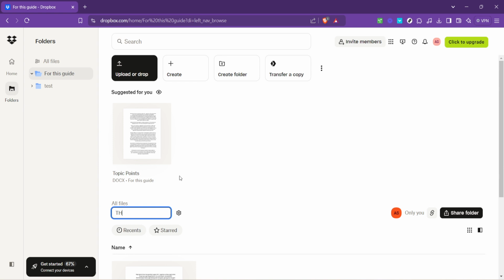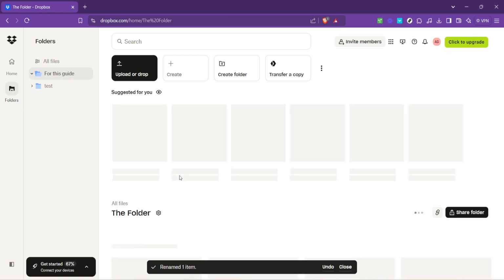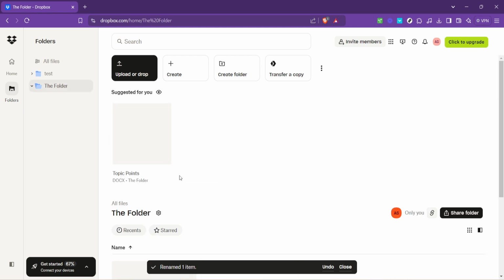This is your moment to get creative, or at least practical. Type in the new name you've chosen for your folder. This could be anything from a more descriptive title to reflect the folder's contents, a project name, or any naming convention you follow. After typing in the new name, there's just one more step. Confirm the change. Hit the enter button on your keyboard and voila, your folder will now sport its new name. It's an instant update that happens right before your eyes, ensuring your Dropbox stays as organized and up to date as your projects. And that's it.